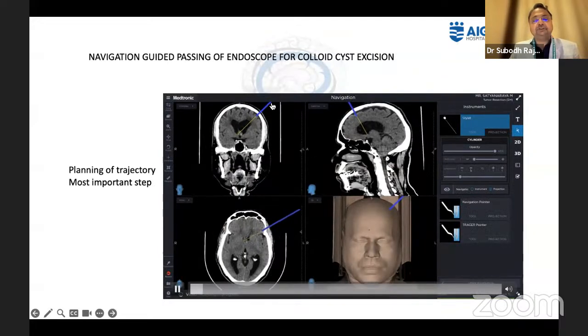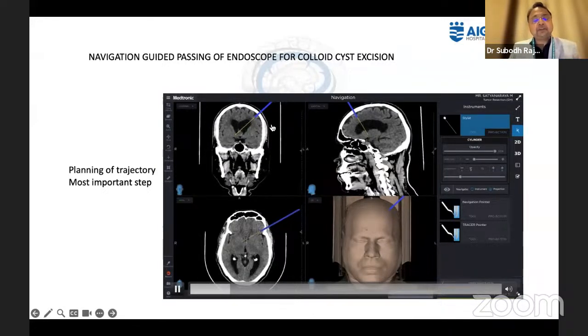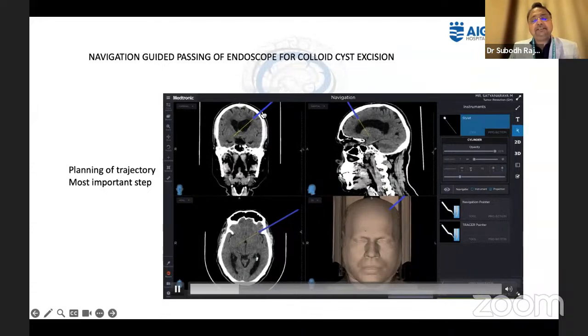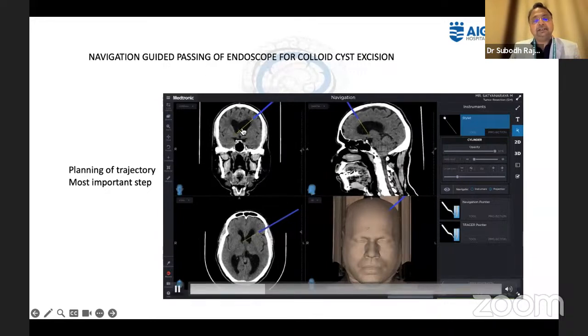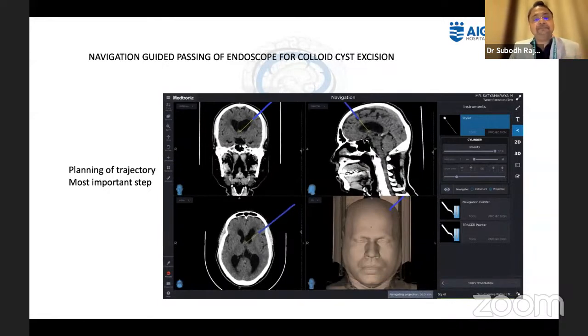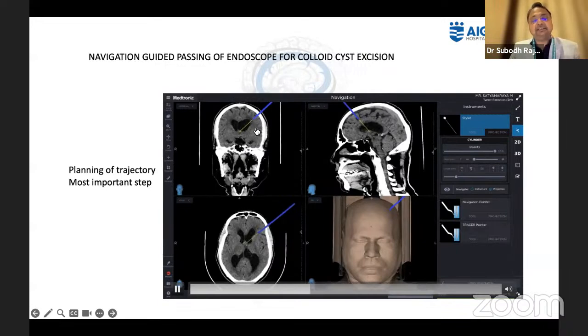Another important thing in endoscopy is planning the trajectory. So this is a navigation guided passing an endoscope for the colloid cyst. So what we do is we place the navigation probe inside the scope and give a trajectory and give a projection targeting the cyst. Because this is the most important step in endoscopic colloid cyst. It's not the standard precoronal burr hole. The burr hole is placed much laterally and much anteriorly than the normal